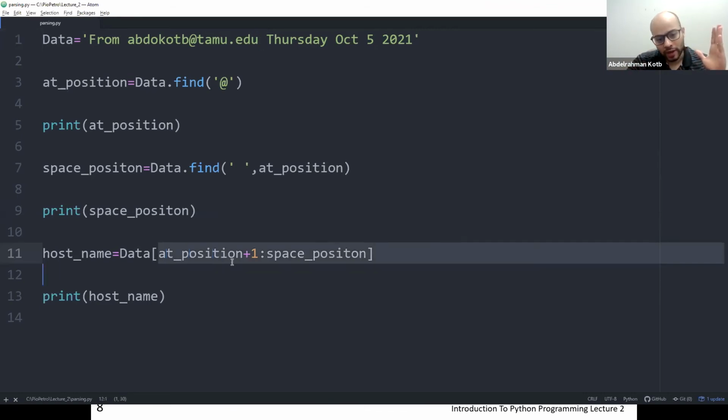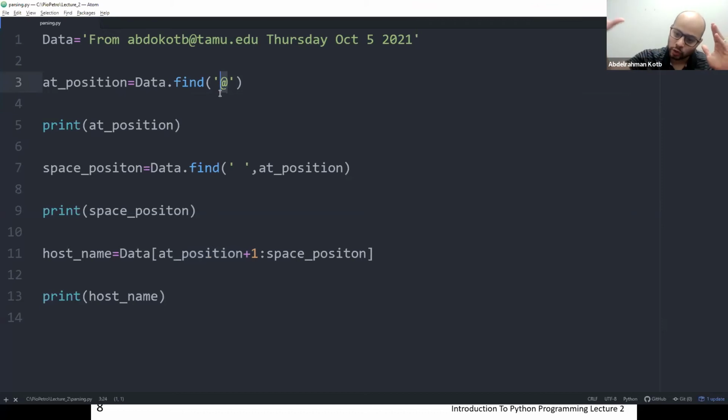The reason we have +1 is that, as we discussed earlier with strings, the first part is inclusive. So if I don't add it, it's going to take into account the @. The last part of the slice is non-inclusive, so it's going to be without the space anyway. You don't have to do -1, and if we actually want to include it, we have to do +1.